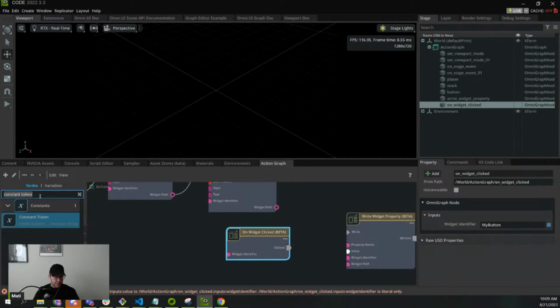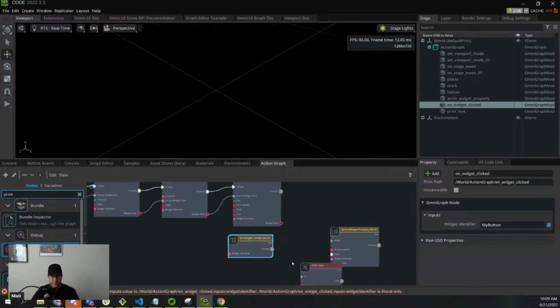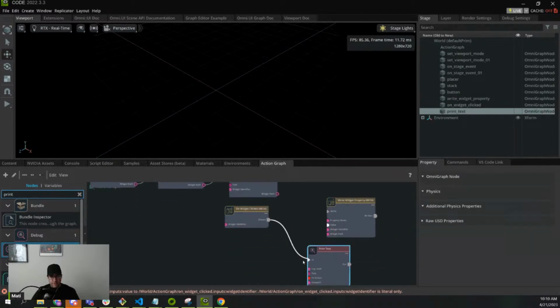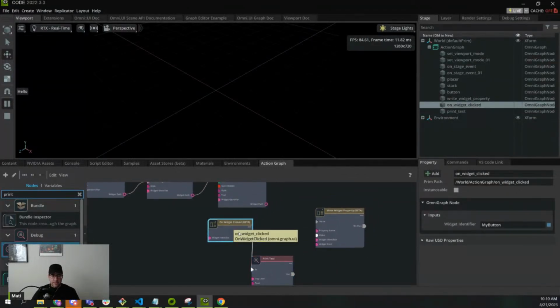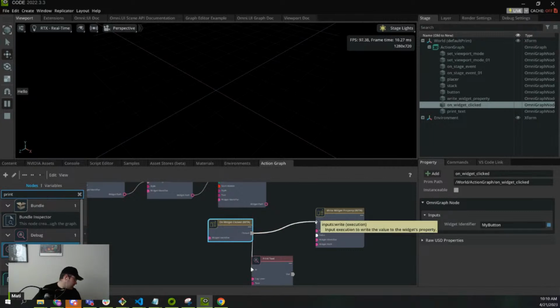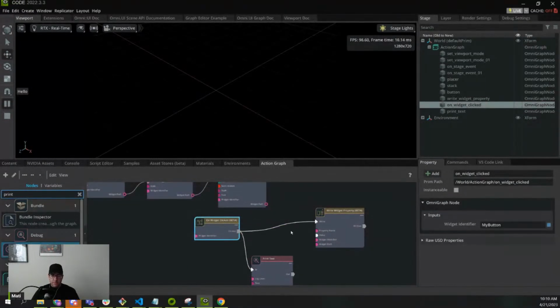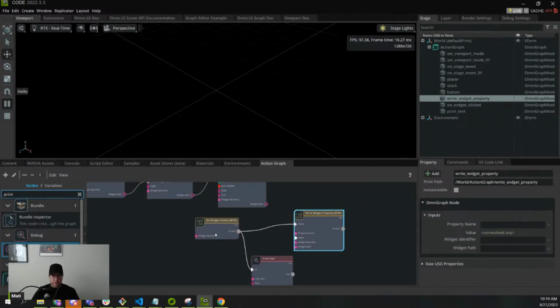We can go ahead and do also a print text just to evaluate that this is indeed working. And we'll do it to the viewport. There it goes. Sweet, right? But we want to change, sorry, we want to change the label. So here it